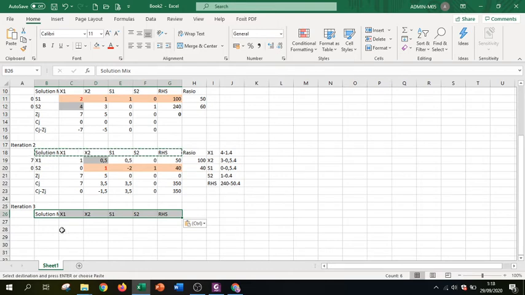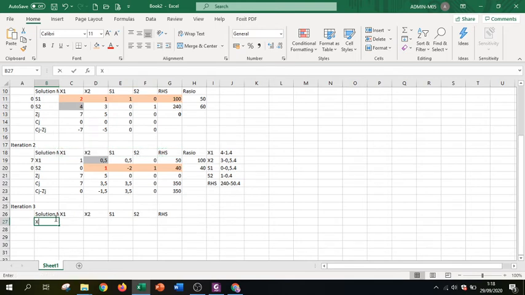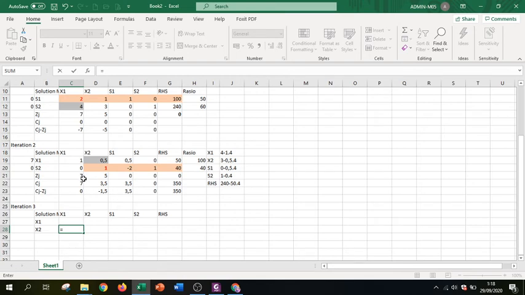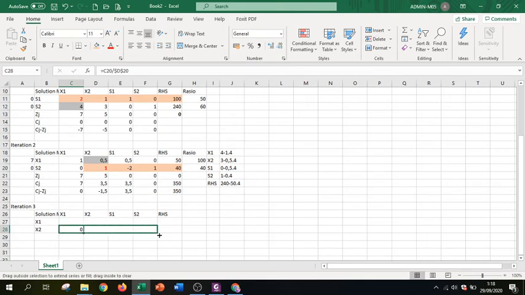And then this is still x1, and this is changed because this is the pivot, so it's x2, and then we can find divided by this. Okay, and we have like this until okay, and then